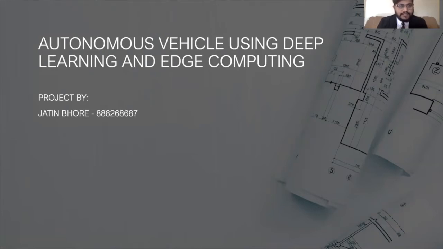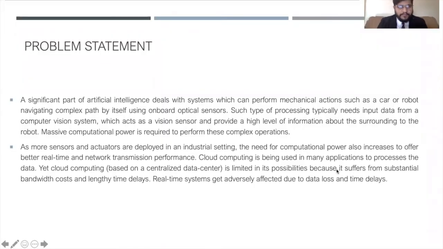Today, I'm here to present my master's level project, which is titled Autonomous Vehicle Using Deep Learning and Edge Computing. So to start with the problem statement, the main problem with the current level of object detection and the current level of computation required to do that in the autonomous vehicle is huge. Previously, the process followed was to collect the data and process all the data over the cloud, and then send the signals or the data commands, the parameters to the car to navigate successfully.